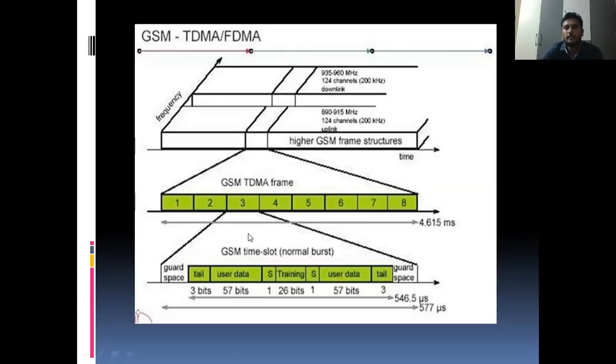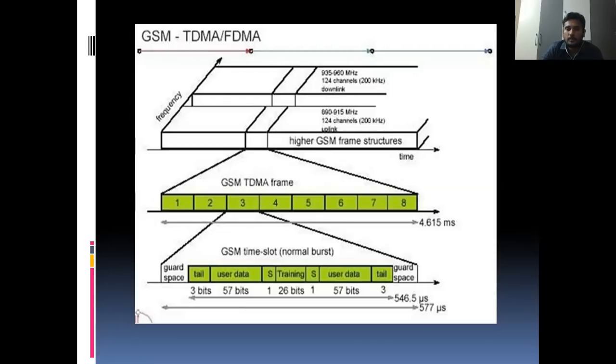So the time slots, and this is the guard space. TDMA also has a guard space. For example, from 9 to 10 there is the first class, and again there is no class exactly at 10. A 10 minute gap is there, from 10:10 to 11:10. That time is called guard space in time division, and some empty frequency is called guard space in frequency division.